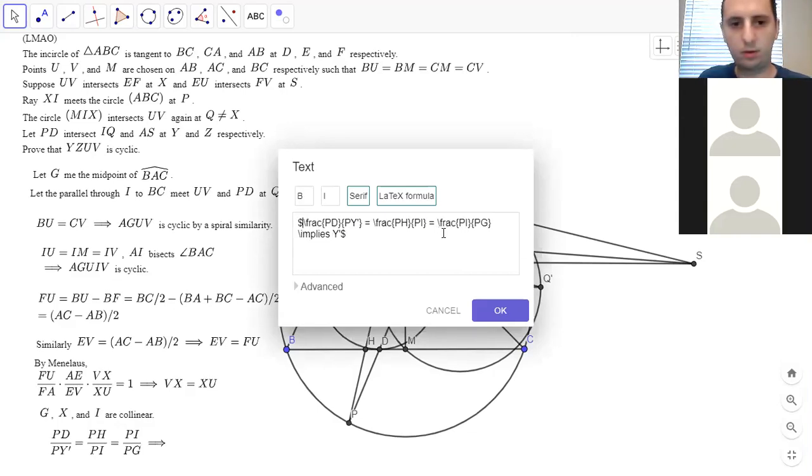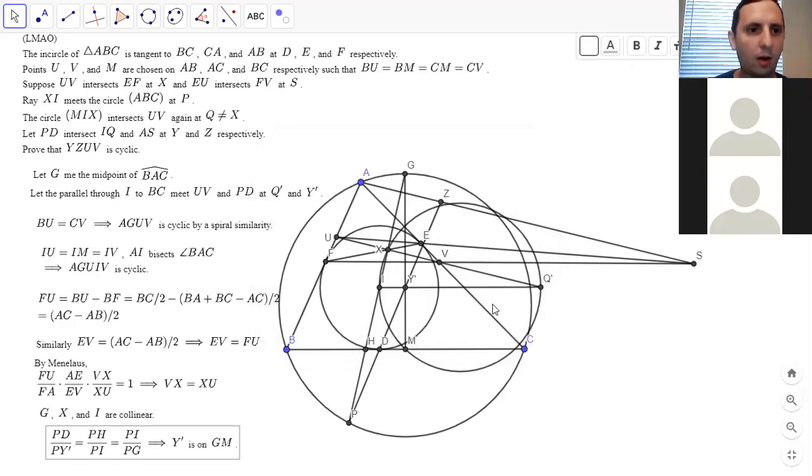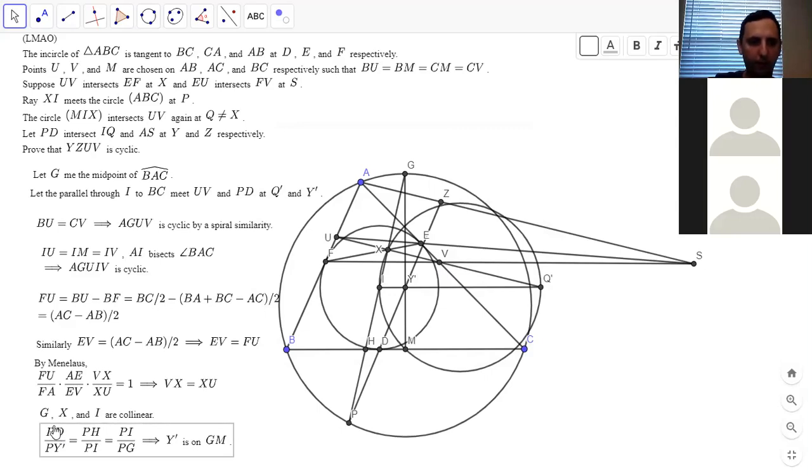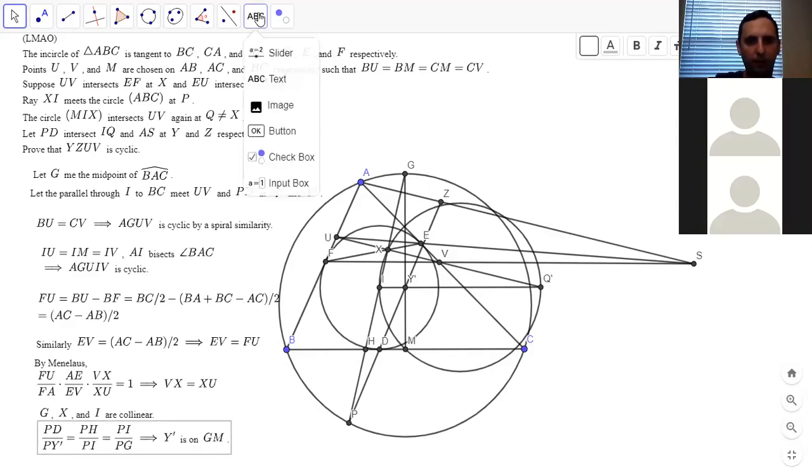All right. So PD is supposed to intersect IQ and AS. Okay, eventually we'll show that Q prime equals Q. So then we have IM squared equals IV squared. I'm just going to write this out really quickly because I know we're almost out of time. But basically,